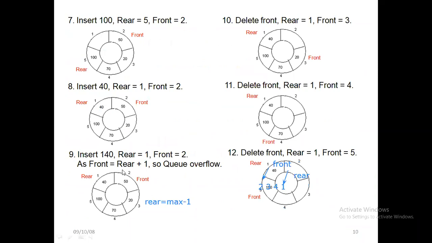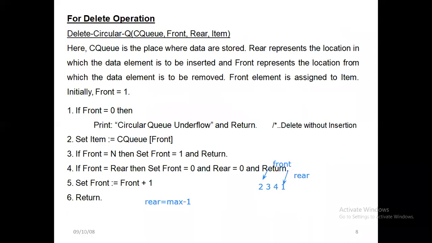See here, front is equal to rear plus 1. That is, rear and front are side by side. So I can't insert anything. When rear and front are side by side, there is no space in between. So there is no way to insert anything. So then also the queue will be overflowed.